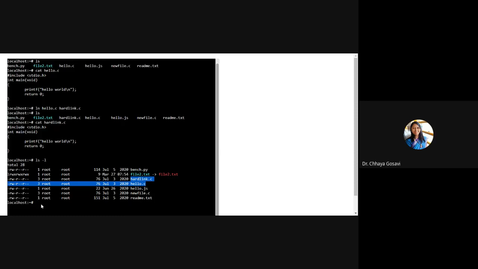This is a hard link. And to create a soft link, again I'm going to use the ln command, and the option is -s. S is for soft link, and I'm creating one more file. I have to give the original file first, hello.c, then any name, I'm giving it softlink.c.